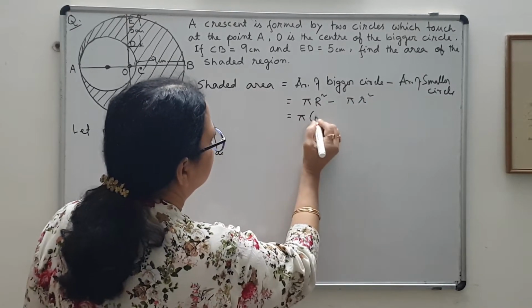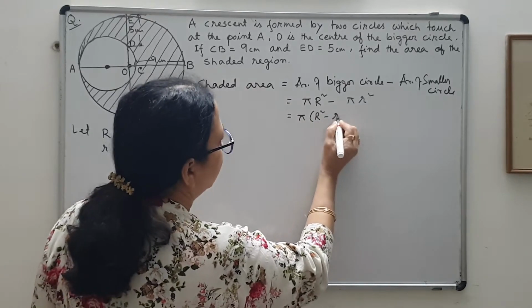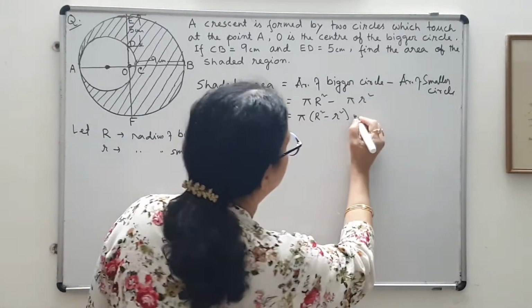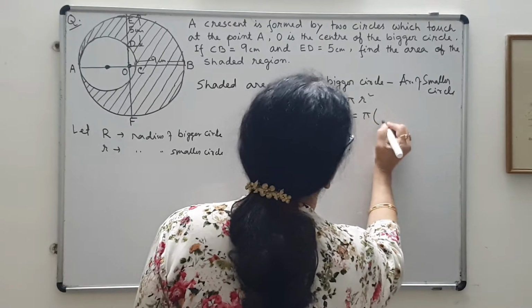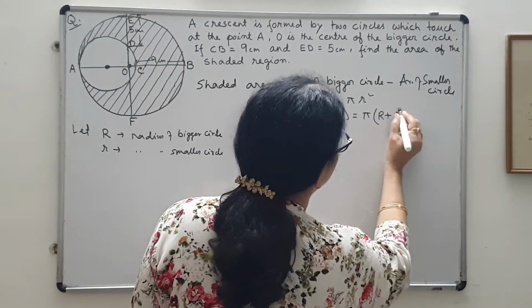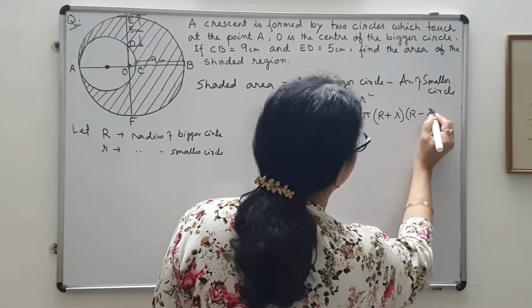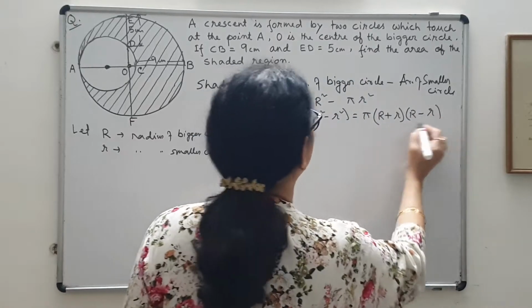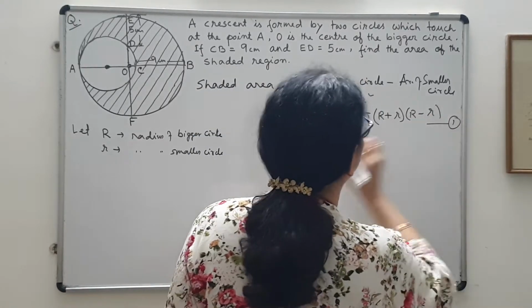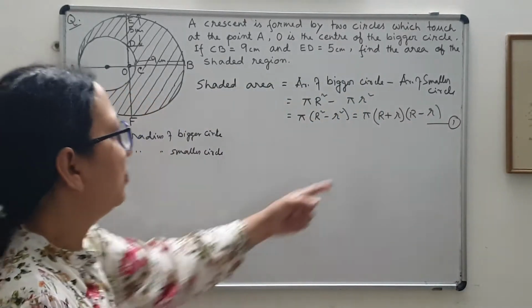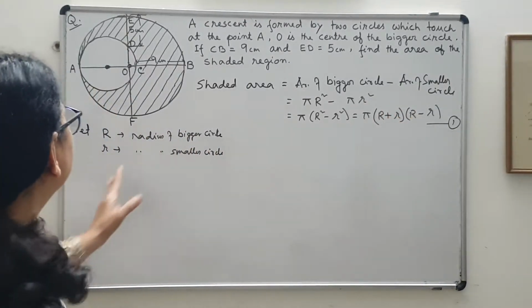we take pi common. You see, first we do the algebraic simplifications. Okay, that will always help you. So the identity A plus B into A minus B. Okay, let me keep it up to this. Okay, so now I have to find the value of these two, capital R and small r, isn't it? Now how can I do?